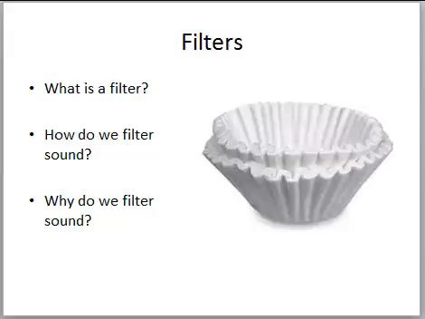So, how do we filter the sound? Sound is filtered by reducing the amplitude or intensity to a point where we can no longer perceive it. So there are two main factors that relate to this. First, sound can be absorbed by surfaces that are relatively soft. We've talked about this a couple of times.